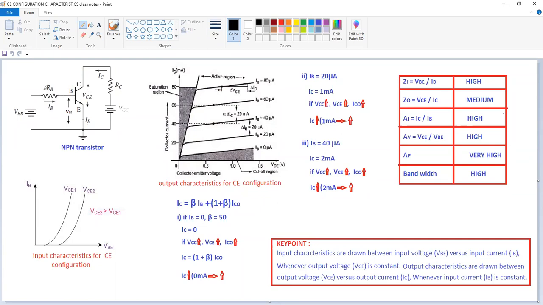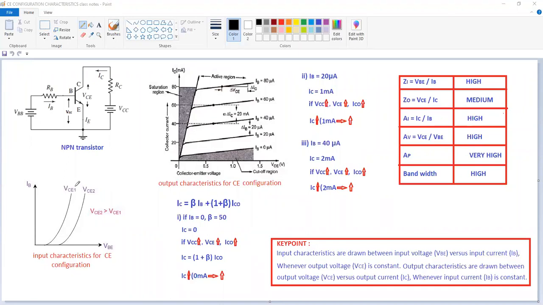Now here, in this common emitter configuration, the circuit is in active region. That means emitter junction forward bias, collector junction reverse bias. Observe this waveform. This is similar to your PN junction diode forward bias characteristics. Up to the cut-in voltage, there is no conduction. Because of that, when you increase the voltage, the current is 0. After reaching the cut-in voltage, the current is going to increase